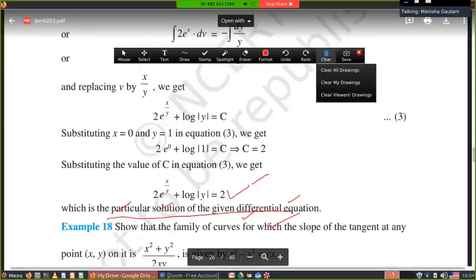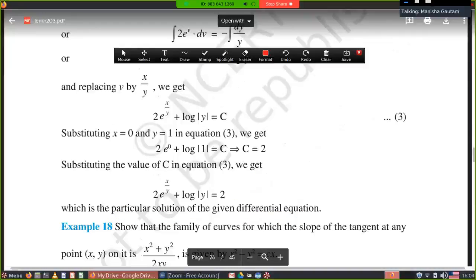It means in the homogeneous part, first you have to check whether the equation is of the dy upon dx type or dx upon dy, and substitute accordingly. After substitution, the question again goes to the variable separable method. It means you have to apply the variable separable method in both solutions, but in the first case you apply it directly. In the second case, you first substitute and then apply. Okay.